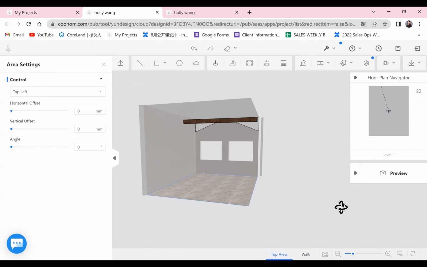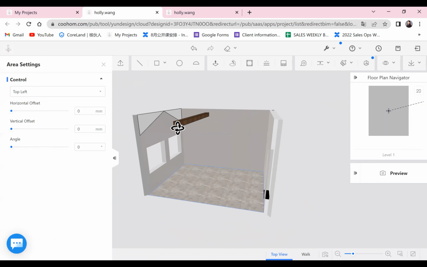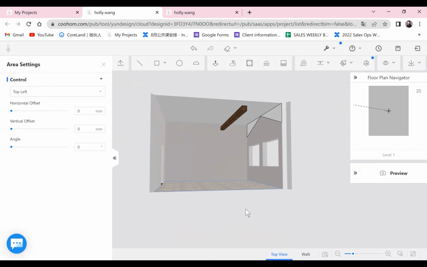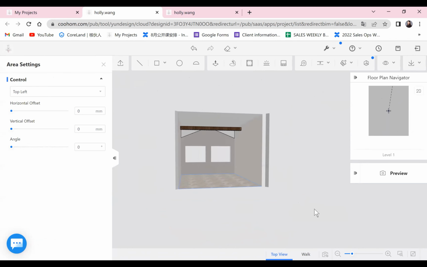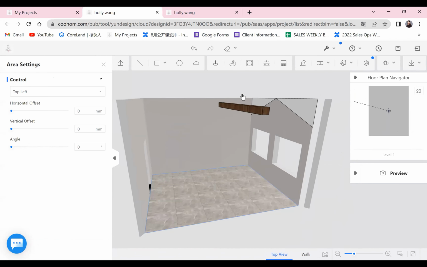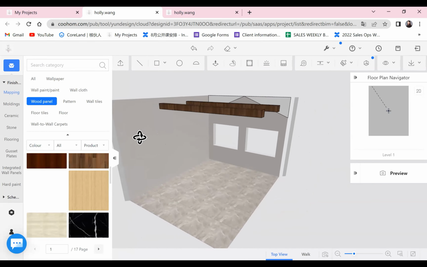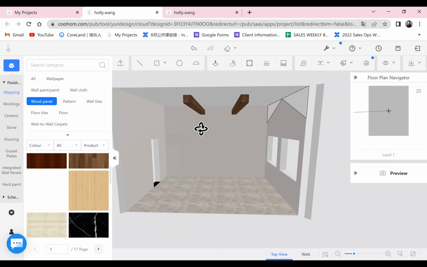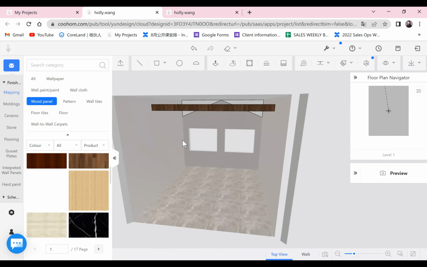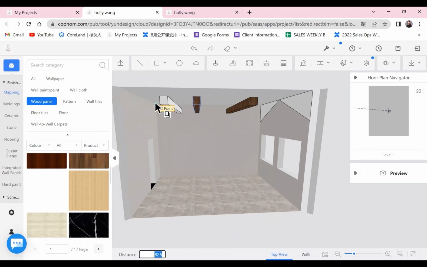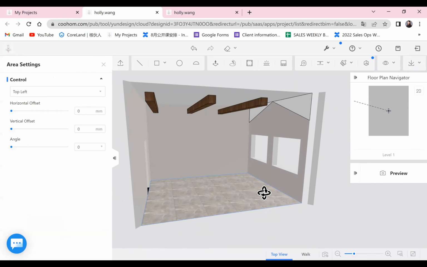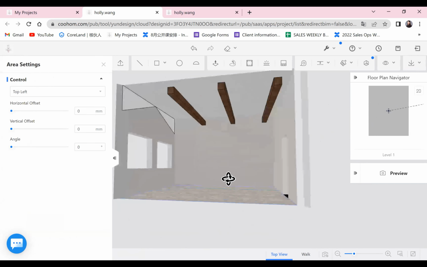All right, so the next thing is, it's better to draw these one by one and then apply the texture. But now, as we have already grouped it as one, you only need to make a duplicate. You see? Make a duplicate, and then you can also type in the spacing, how much you want it to be, 1,500, right? Because it's a group, you see? Exactly the same one. And one more. Okay, 1,500. We'll have just three beams.